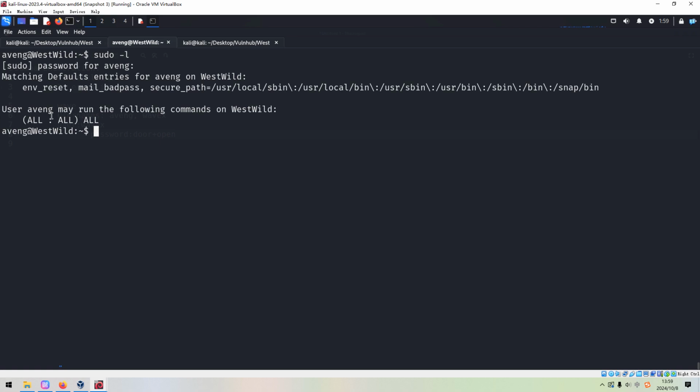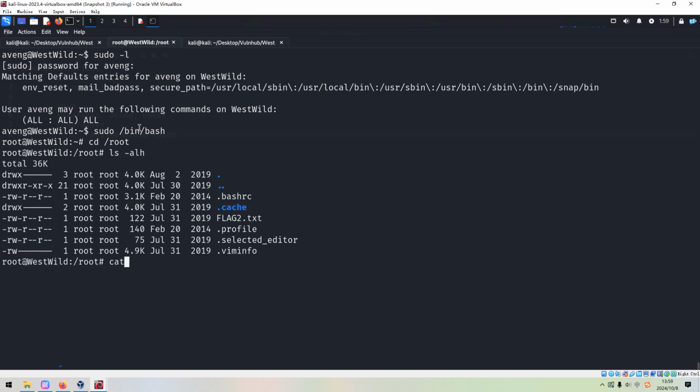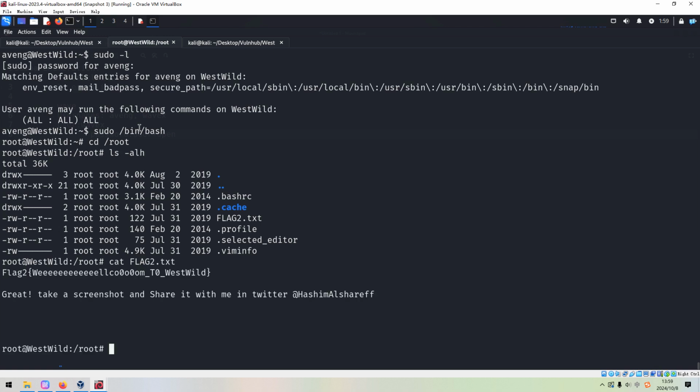This user may run all commands without supplying the password of a root user. So the privilege escalation would be very, very easy. We just run sudo. As you can see, we have already become the root user or super user. Now we can navigate to root directory to grab the second flag.